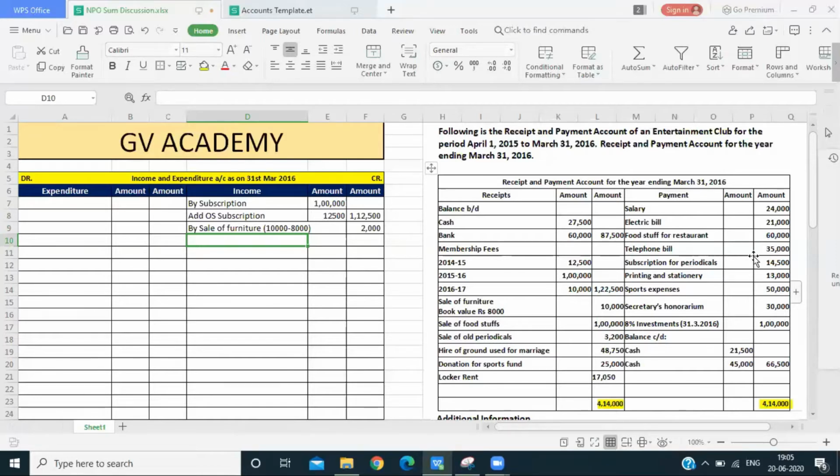So we can knock off both the 1 lakh and 60,000, and we can show only the difference amount in the income or expense. As we can easily identify that our income is more than the expense, it has to be credited in the income and expenditure account. So sale of foodstuffs,